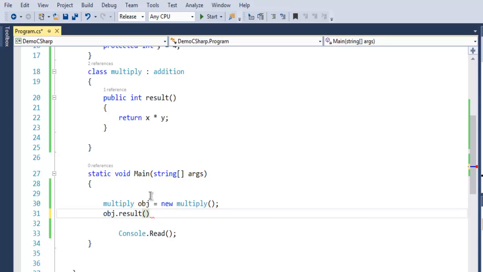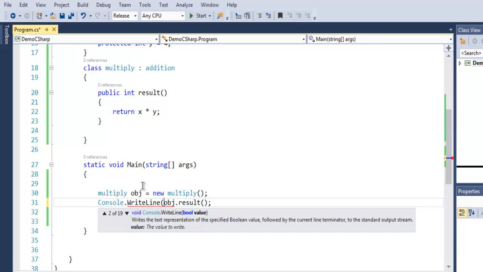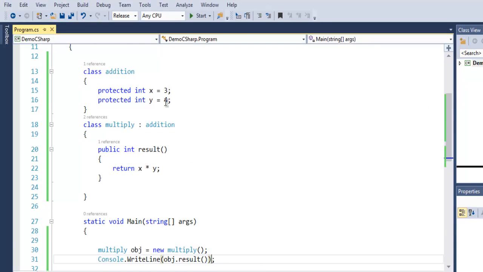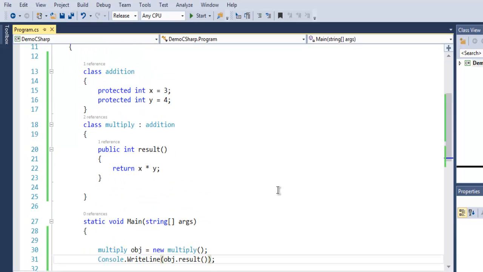result should access our result of two variables from parent class. We just need to use console dot write line or write, whichever you prefer. Okay, now after writing this in write, object dot result will return 3 multiplied by 4, 12 as answer. Okay, so what we have learned that in an inheritance we can get properties and methods from our parent class